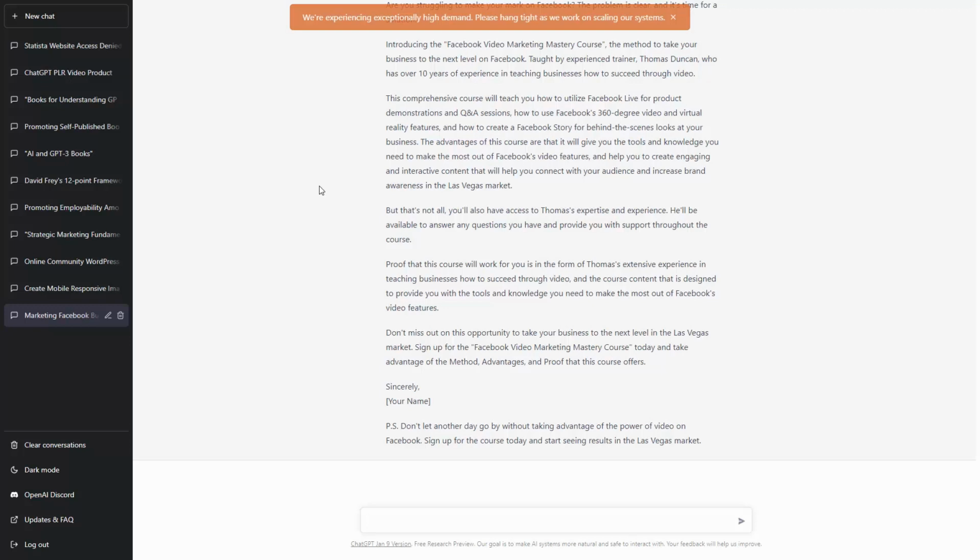Now, for some elements of a sales presentation, we're actually going to use other frameworks, and now that we have them listed in this conversation, we will then be able to use them. Now, we're not yet ready to start creating for a final draft. So what we're going to do right now is we're going to move to the next step of adding in